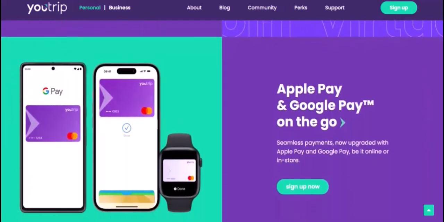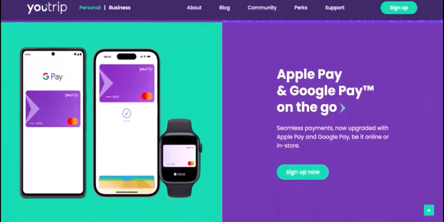In essence, the best way to manage your remaining YouTrip balance is to plan your spending accordingly. Use it for your next trip, online purchases, or any transactions where you can leverage its competitive exchange rates. Treat it as a preloaded spending tool, and you'll